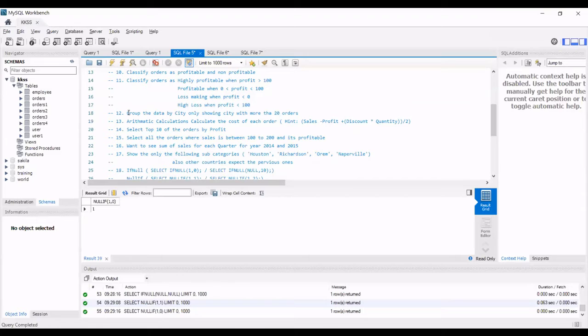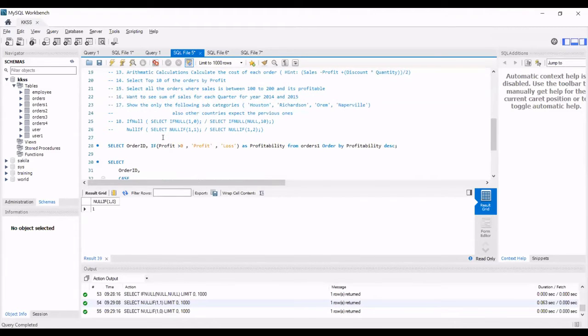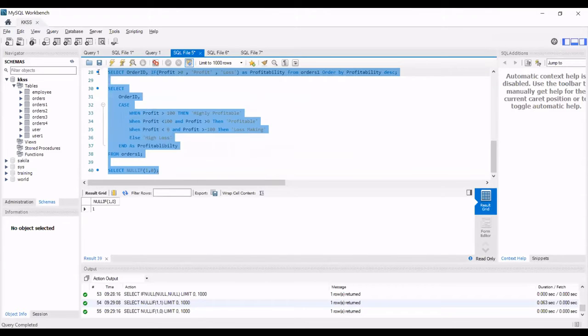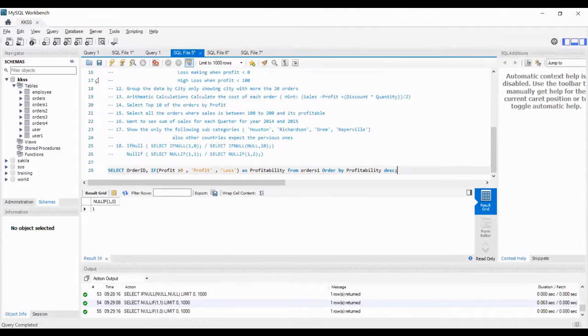Maybe we can use count of order IDs greater than 20, then group by city. Yeah, so we do it like this.